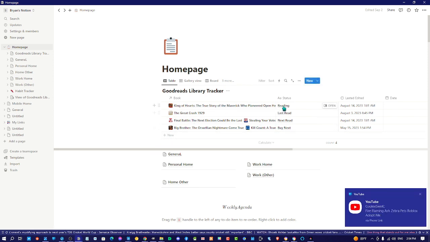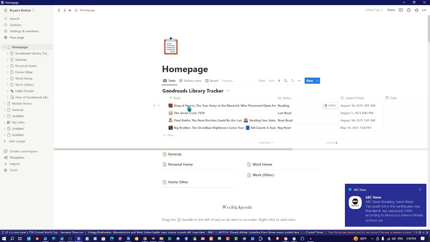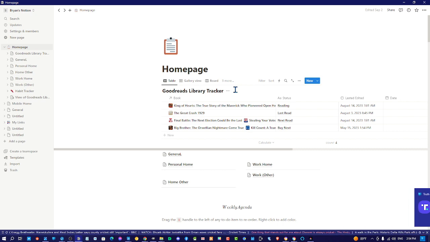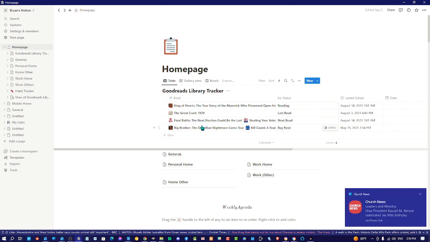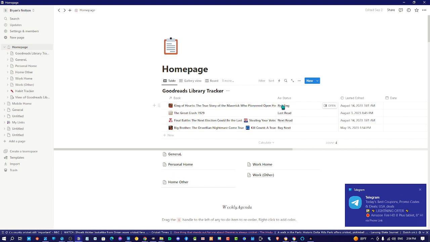So like, I already have a database linked. I already have a separate database linked to my book data, linked to my Goodreads library template. But I like to keep this on my homepage, but I would like to have a separate template for each status: reading, last read, next read, and buy. That is still linked